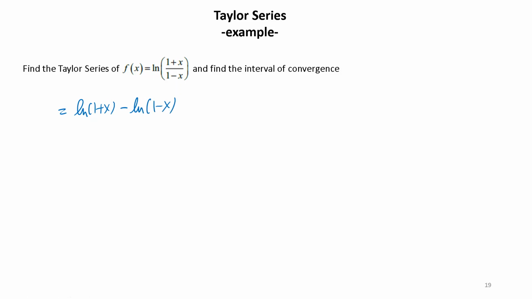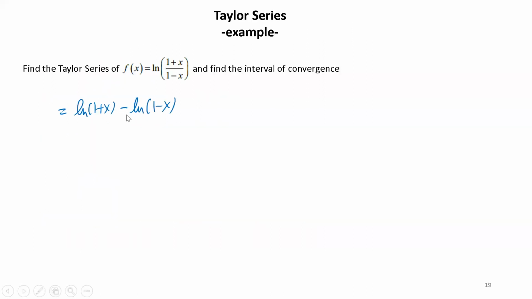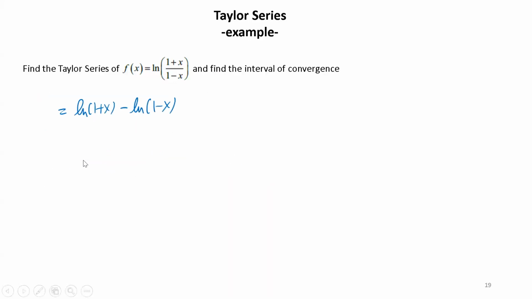And then, because log of 1 plus x is a series that we already found here, with this you can also immediately find log of 1 minus x. You just need to replace this x by minus x. Then what you need to do is put your series for log of 1 plus x here, and put your series for log of 1 minus x here, and then do this term by term subtraction. Again, you are allowed to do that